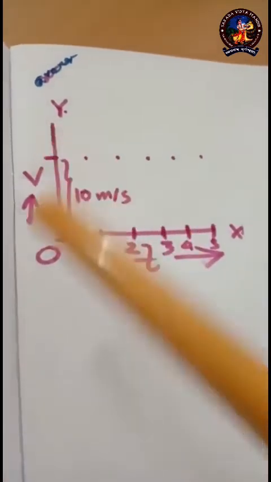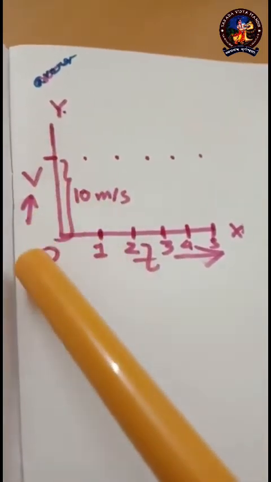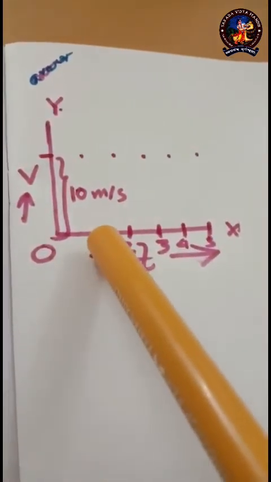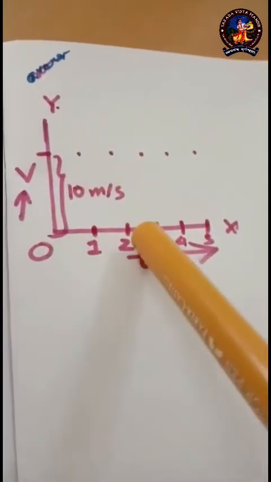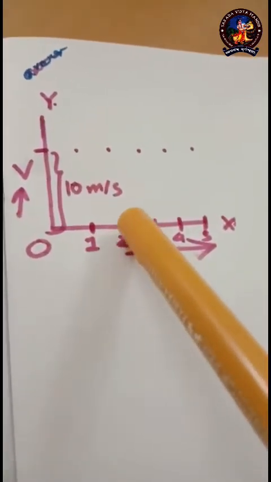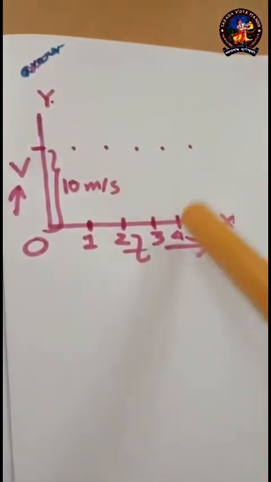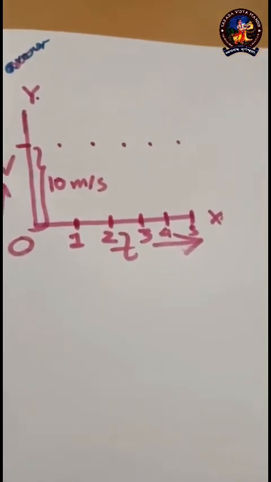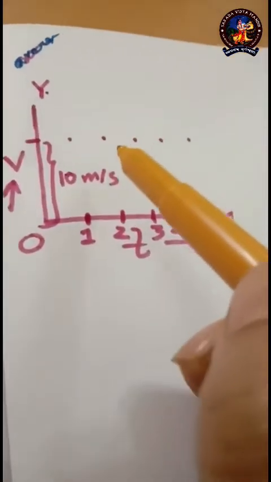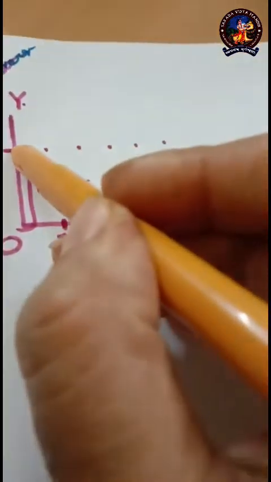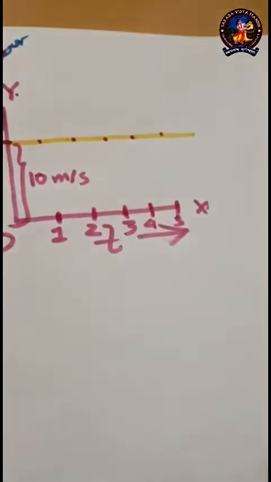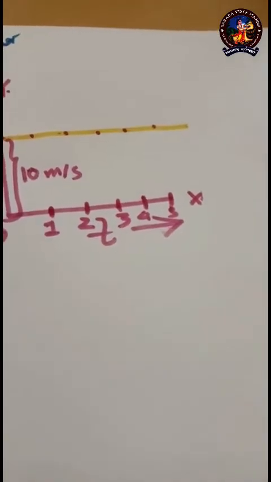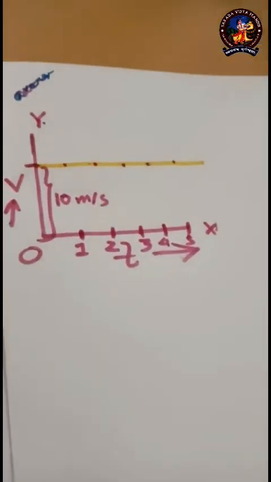Obviously it will be 10 meters per second, because I have taken velocity along the y axis. So suppose this is the representation of 10 meters per second. Now after 1 second, what will be the velocity? It will be 10 only. After 2 seconds, because the bus is moving with steady velocity, it is 10, it is 10. So the velocity is maintained and it will always be 10. Now if I join all the points, then I will get the line like this. So this is the velocity time graph when the object is moving with a constant velocity.